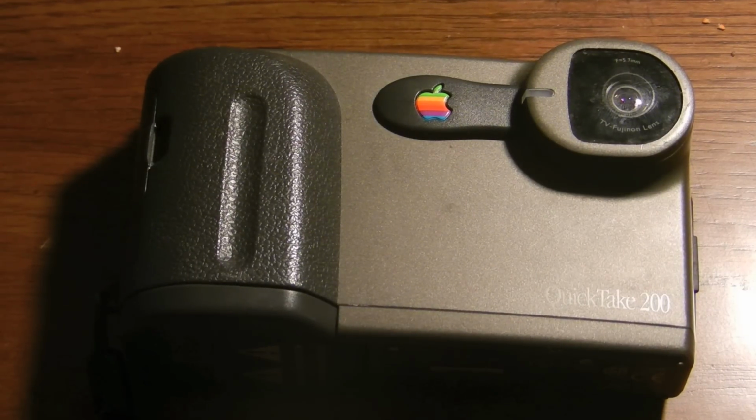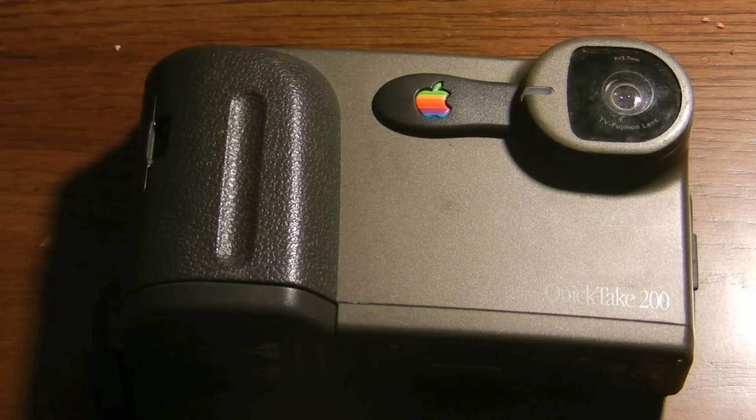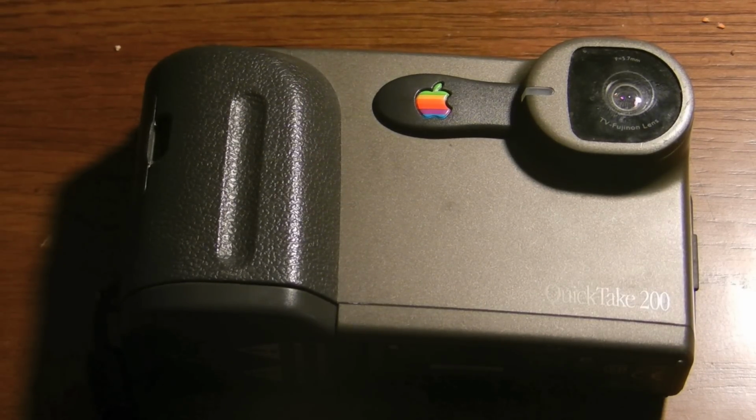off the camera, obviously, because you can't. I've attempted to do it before with my older Macs and stuff, but I just can't find the software for it. Of course, I demonstrated it to you, but